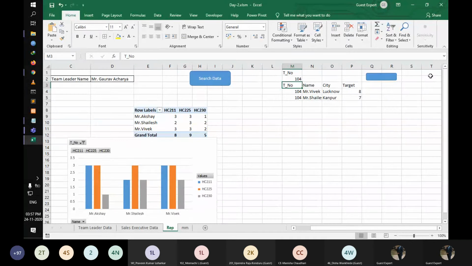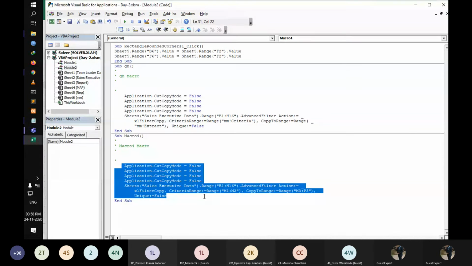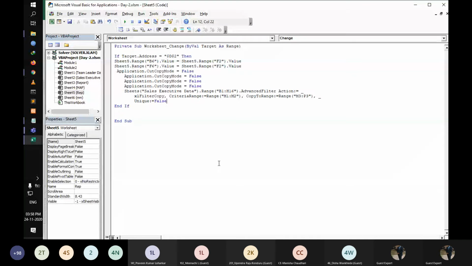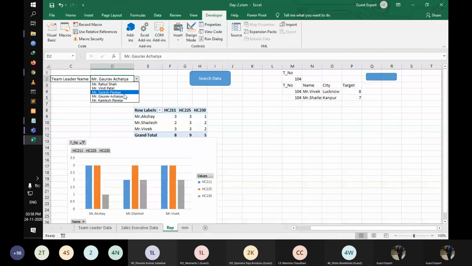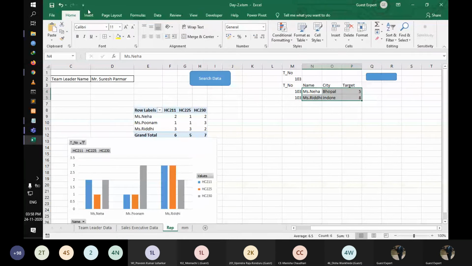And we need this code. We're just putting this code in macro 4. We're just selecting this code. Copy and just paste over here. And with this data we create a map.